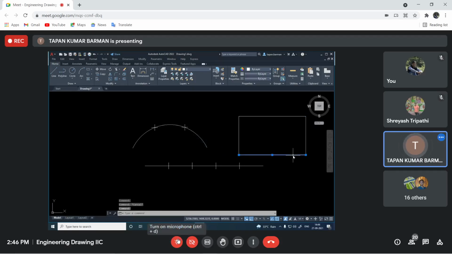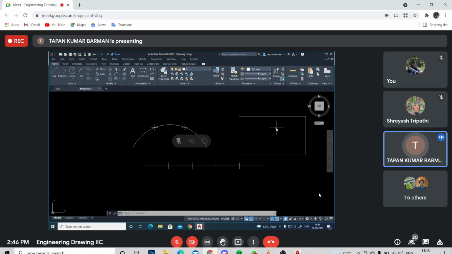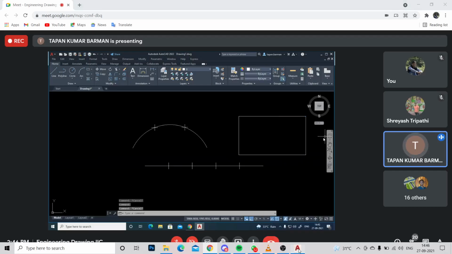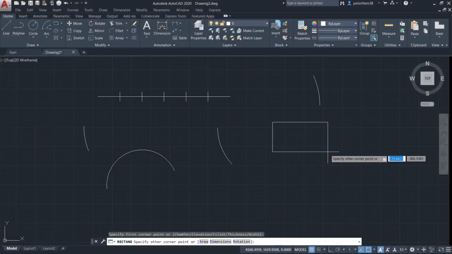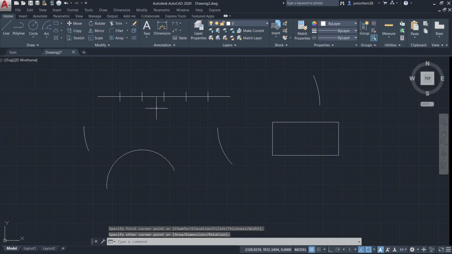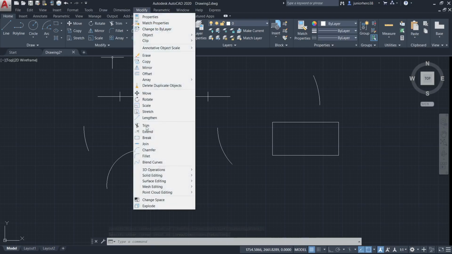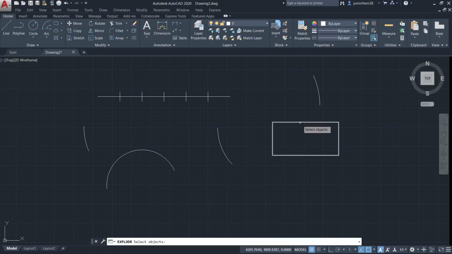If you do not understand, please ask me the question. Please let me know if you do not understand this thing. So first thing is we have to explode this rectangle. Then only I can select the top side or 4 individual lines, and then you can apply the divide command. Say here, suppose I want 4 divisions, then only it is possible.